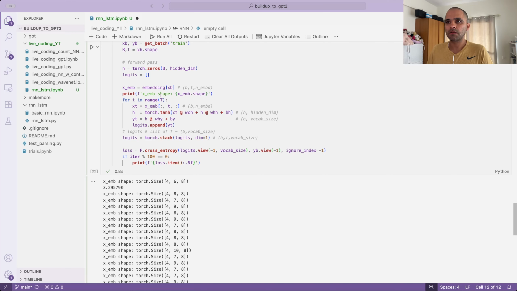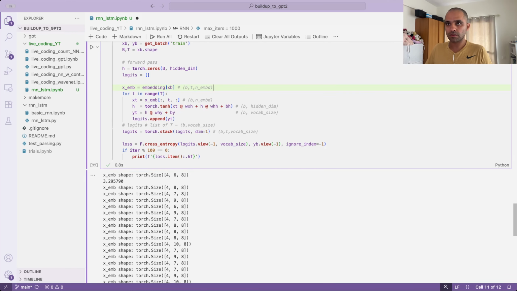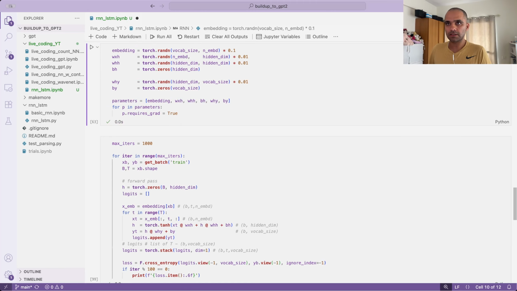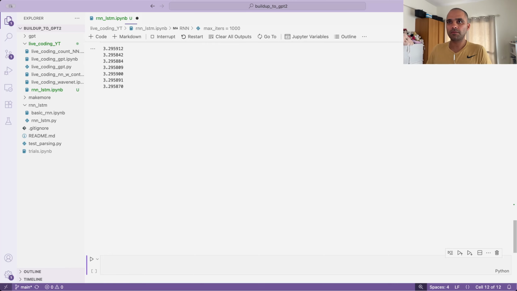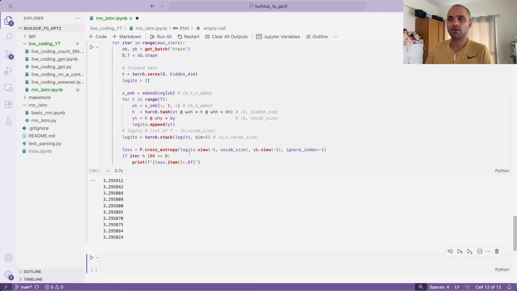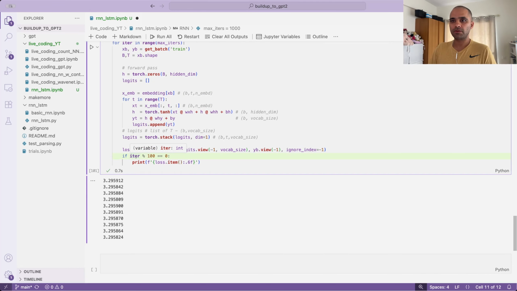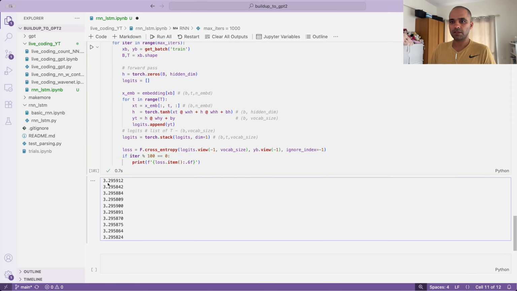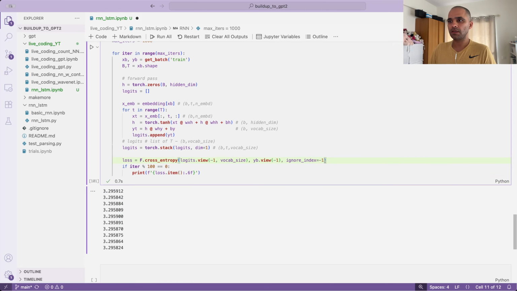Sorry, let's not print this now. Let's initialize the weights again, and print the loss. Okay, so we are printing the loss, but we are not updating the weights, therefore it is coming out to be almost the same. Now what we should do is, after loss calculation,